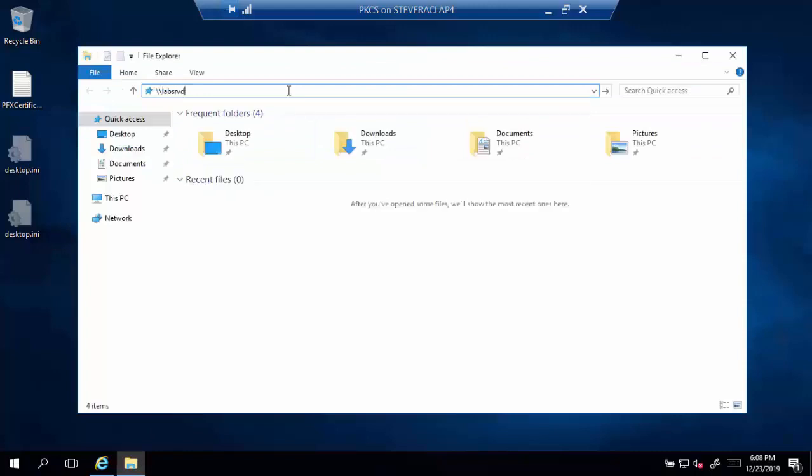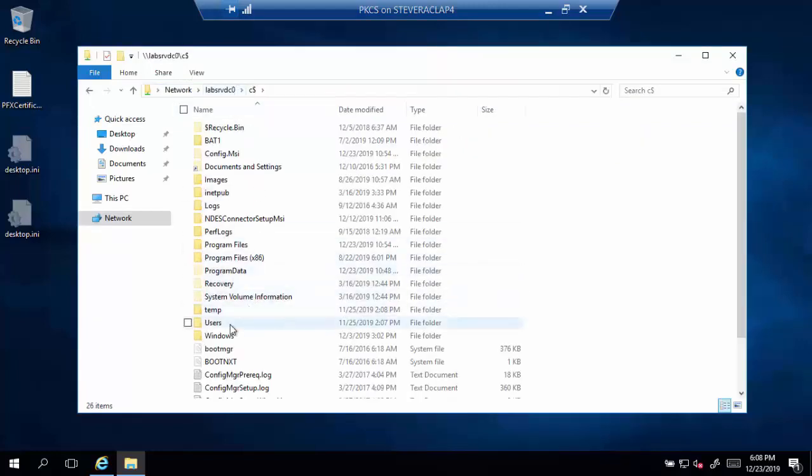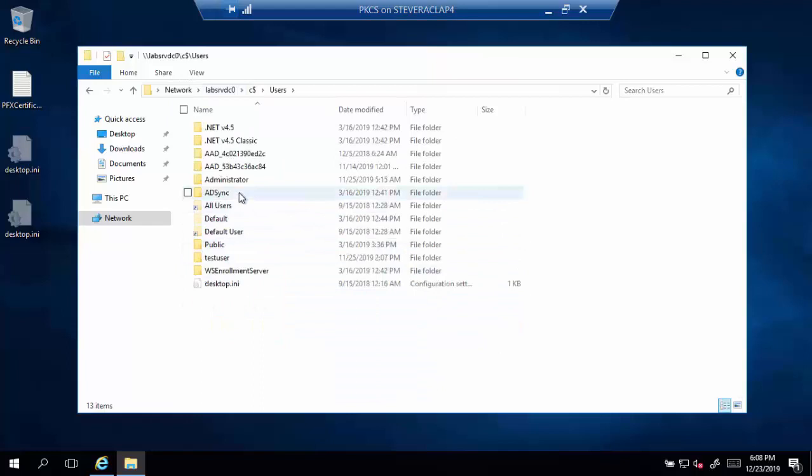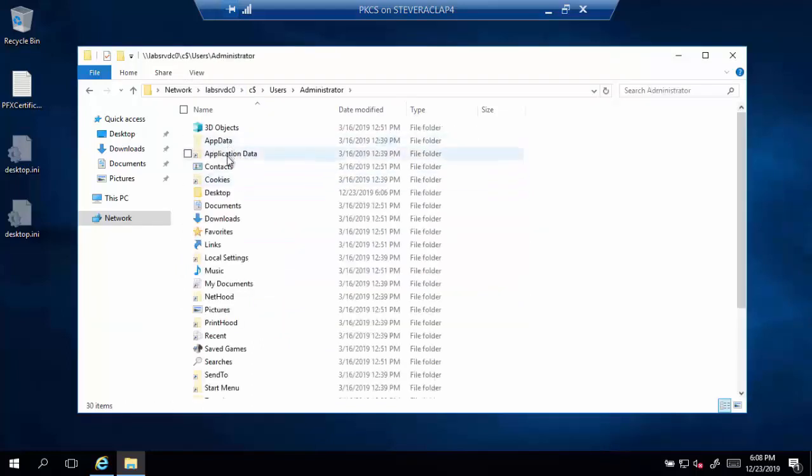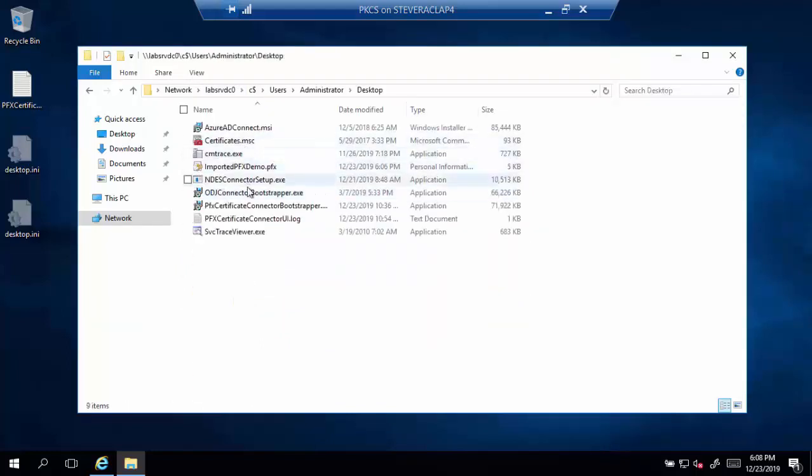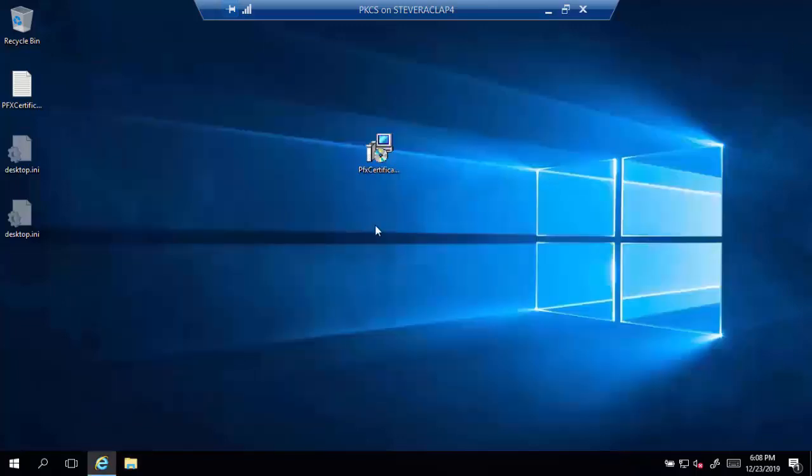Over, oops, I misspelled that. One second. DC0 probably works better. Yes, it does. And then on the desktop, here. And so here's my PFX file right here, imported PFX demo. So I'm going to copy it locally. Okay, cool. So with that done,